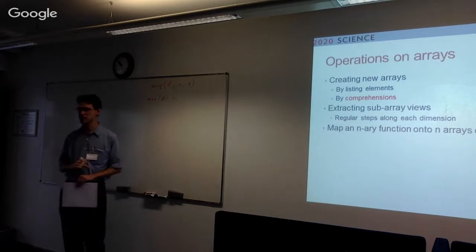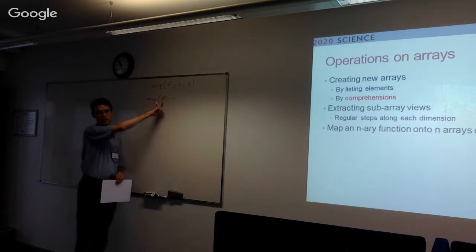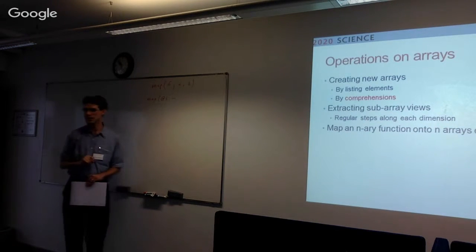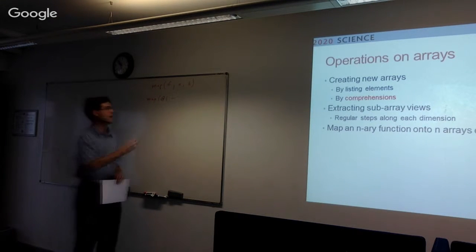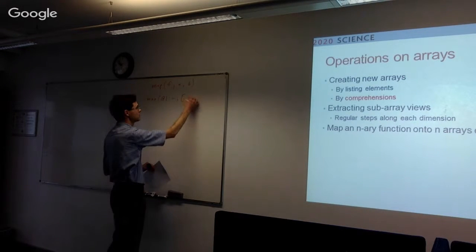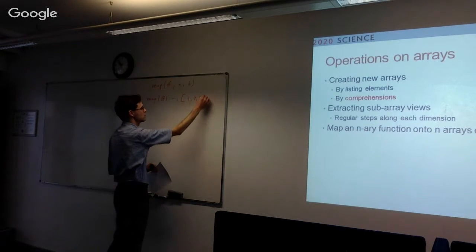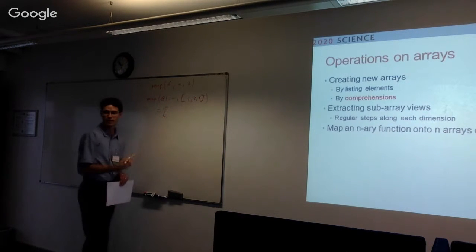And I want to change this into a function that takes one argument and returns me the negative of that. So I can use this @ symbol to say I've got a one-argument operator that I want to turn into a one-argument function so that I can pass it to map. And I'm going to map that onto an array 1, 2, 3. And that's going to give me also an array of exactly the same shape,